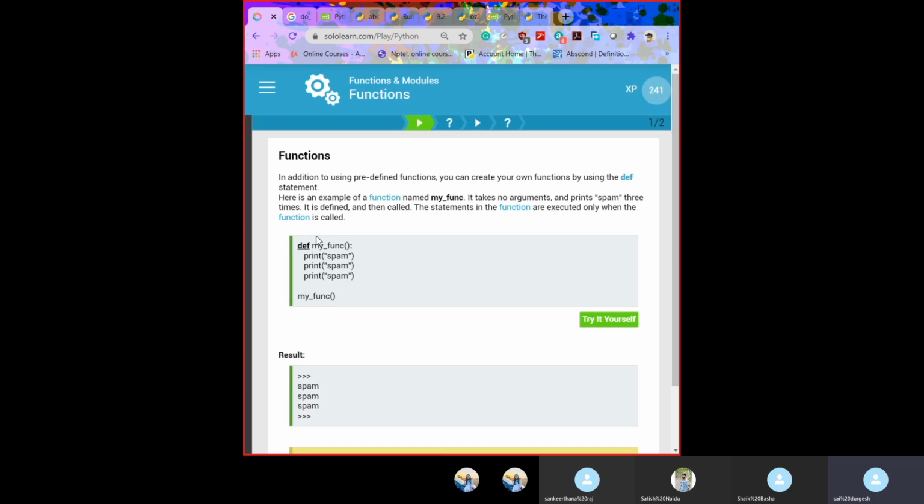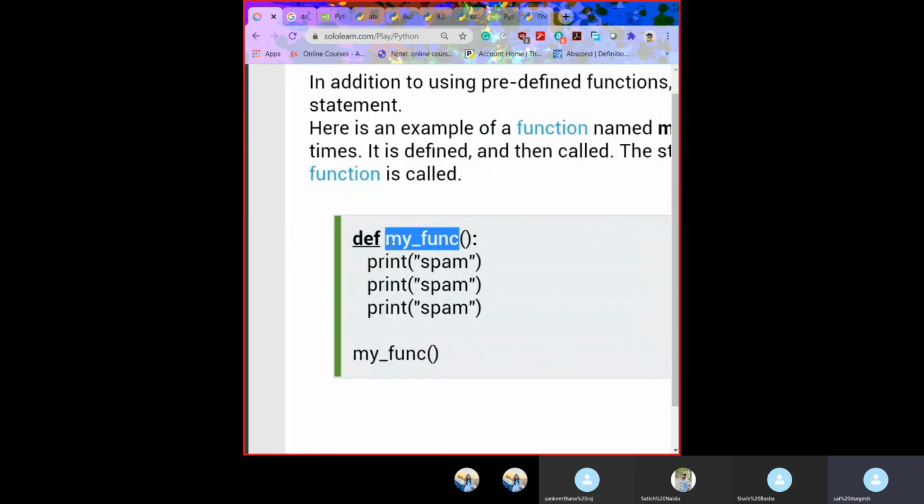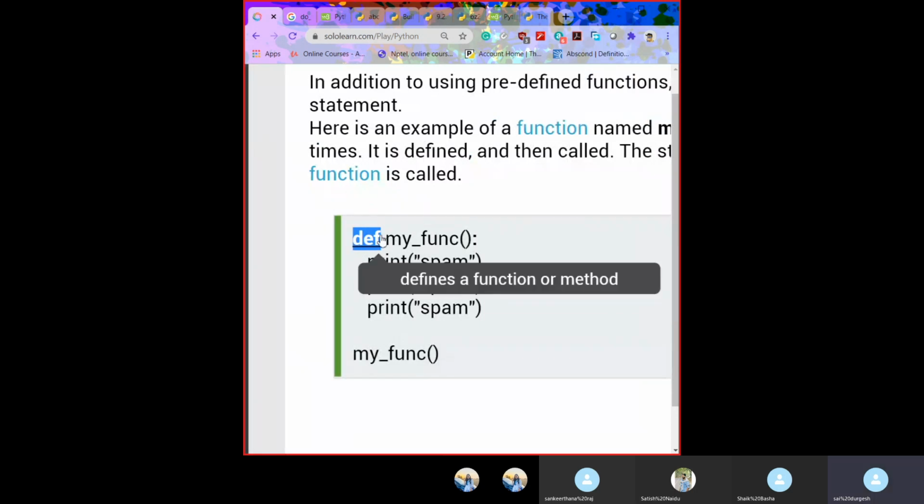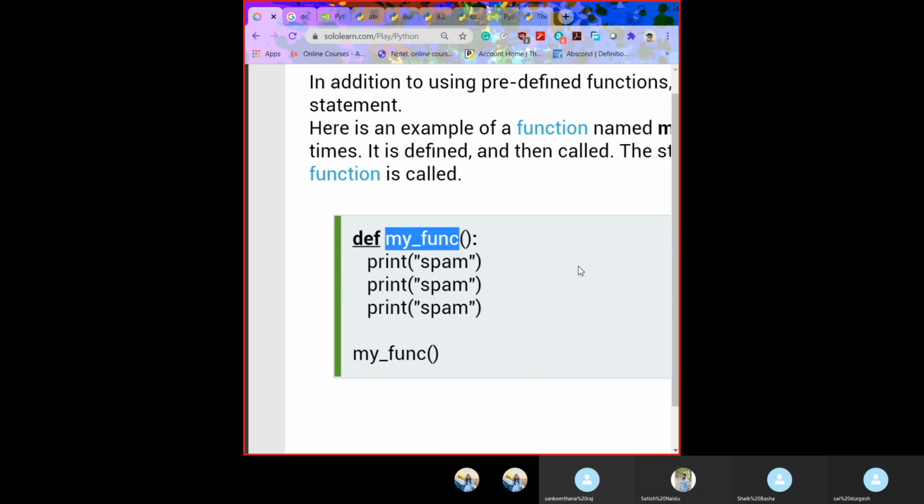Please everyone read this function statement. This is our own user defined, not predefined, name. It can be any name you want, but the syntax must use def, which defines a function or a method. Under this we write the program.